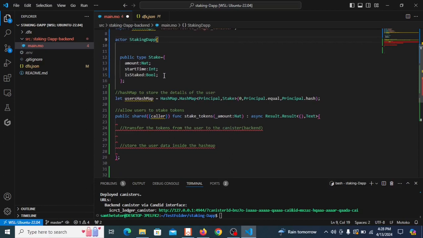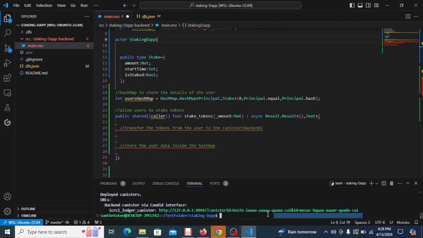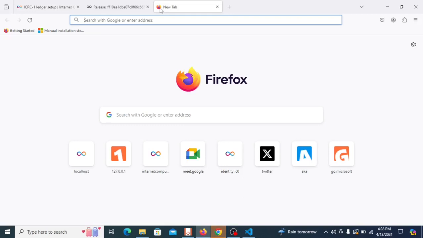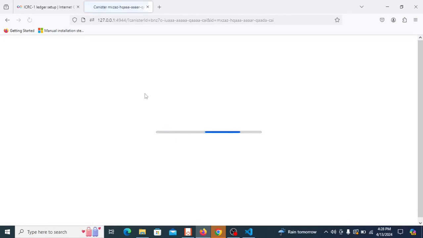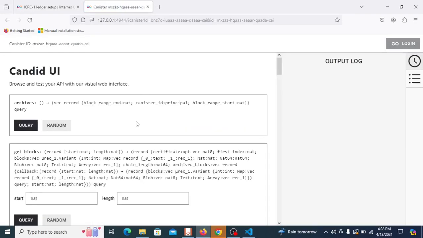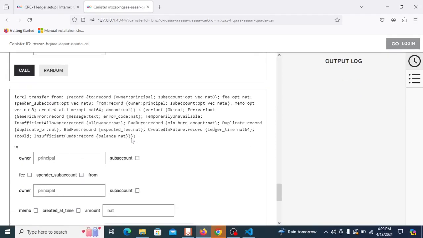So if we actually click on the link for the ledger canister, you will see that it opens up in a new browser. I can actually copy it here and paste it here, and then load it up. So this is the interface of the ledger canister, and down below here you will see that we have actually a